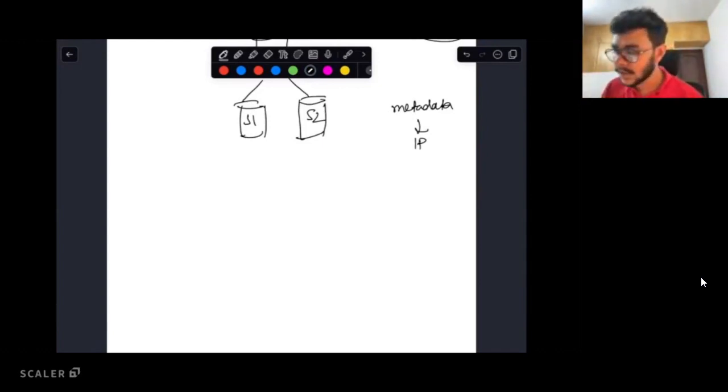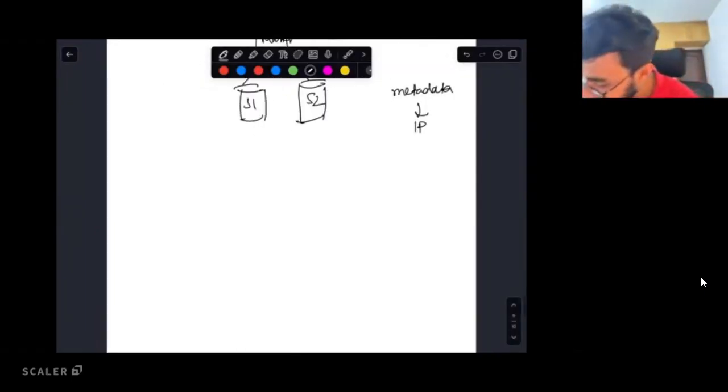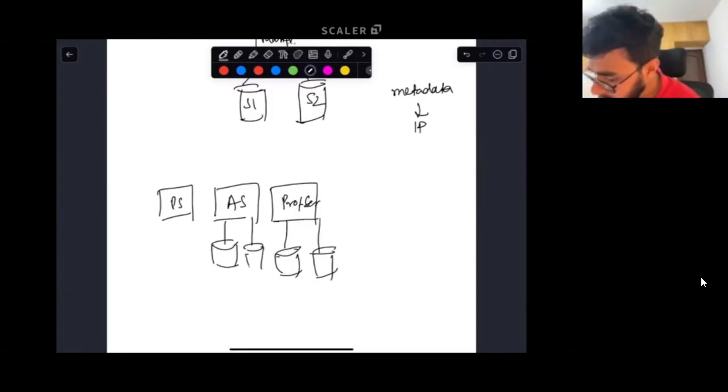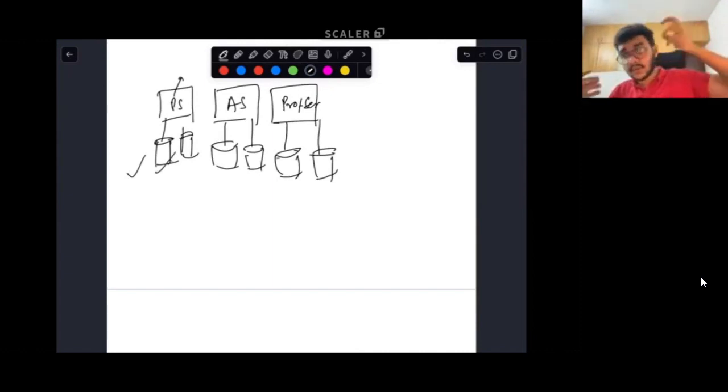What I'm trying to say is, wherever in your entire architecture, you can always define it in the form of a hierarchy, right? For example, let us say there is a payment service. Then there is an authentication service. Then there is another profile service, right? These can have their own databases as well. The payment service can have its own databases. So you need some logical separation between the information of these databases when you are storing it in Zookeeper.